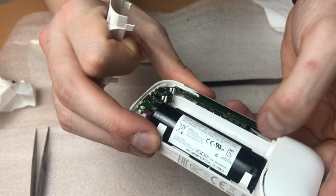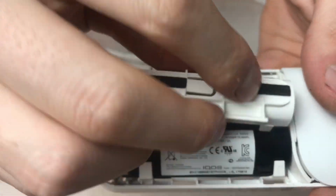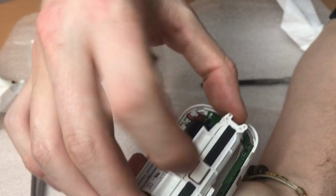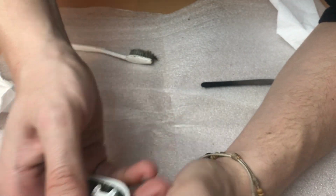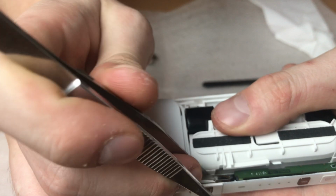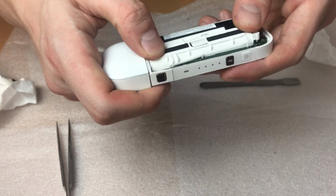Be careful, there is a metal here that this plastic clip needs to push. Push that metal outside toward the side of the device and put it from inside like this. As you can see here, the metal is outside from the plastic. Then